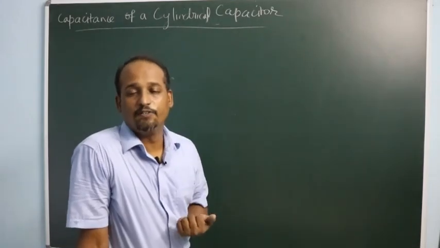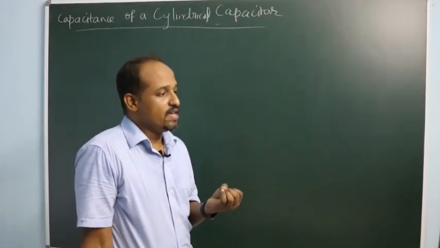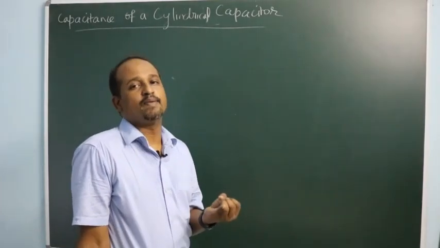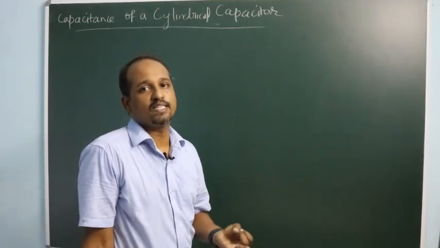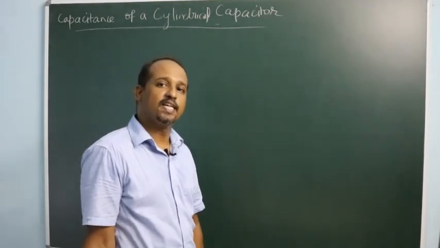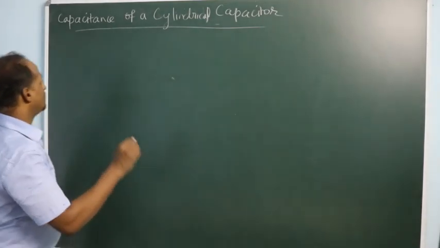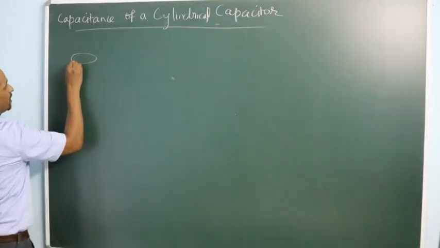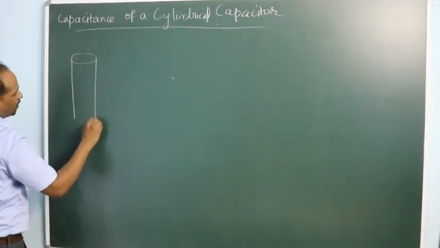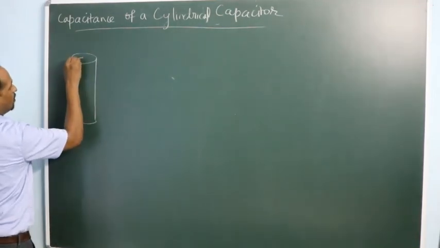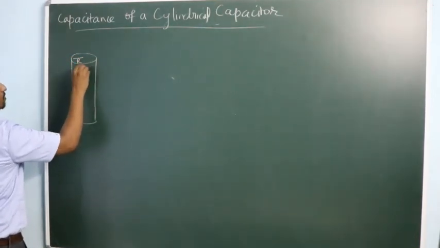This is the third video in a row. We have just seen the capacitance of a parallel plate capacitor and the capacitance of a spherical capacitor, and now the capacitance of a cylindrical capacitor. A cylindrical capacitor means there is an inner cylinder of radius R1, and you give charge Q to